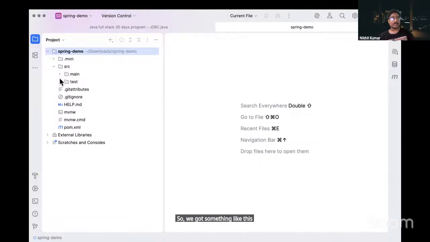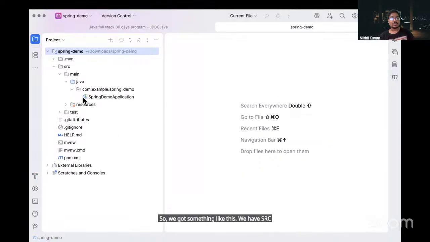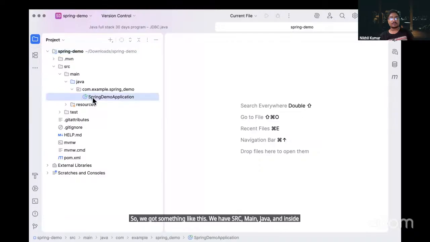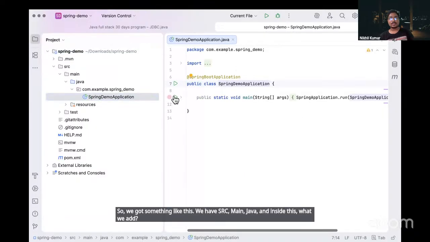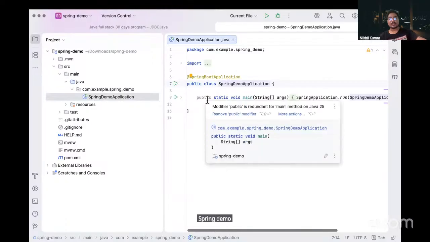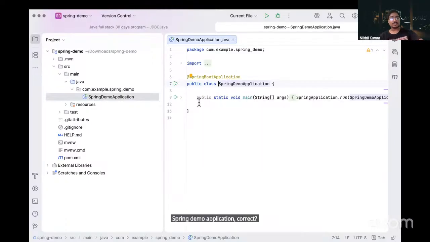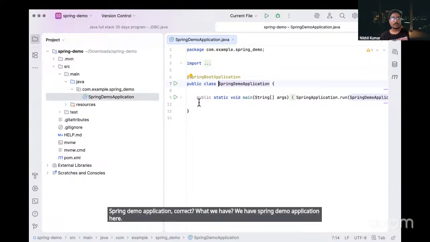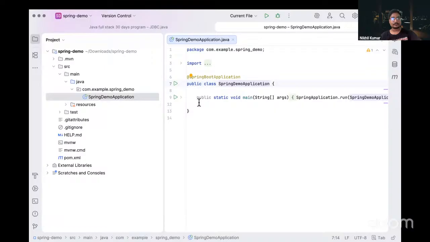We have src, main, Java, and inside this what we had? Spring demo application, correct? We have the Spring demo application here. Now we will understand the structure of this program.